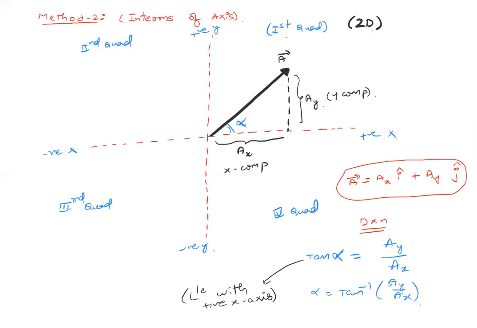Now, if you know the vector in terms of 3D, what is to be done, I will explain. Now you can take the screenshot. Whenever I ask you to take a screenshot, I want you to copy down things in the notes. So in terms of 2D, this is the thing. Next, method 3.